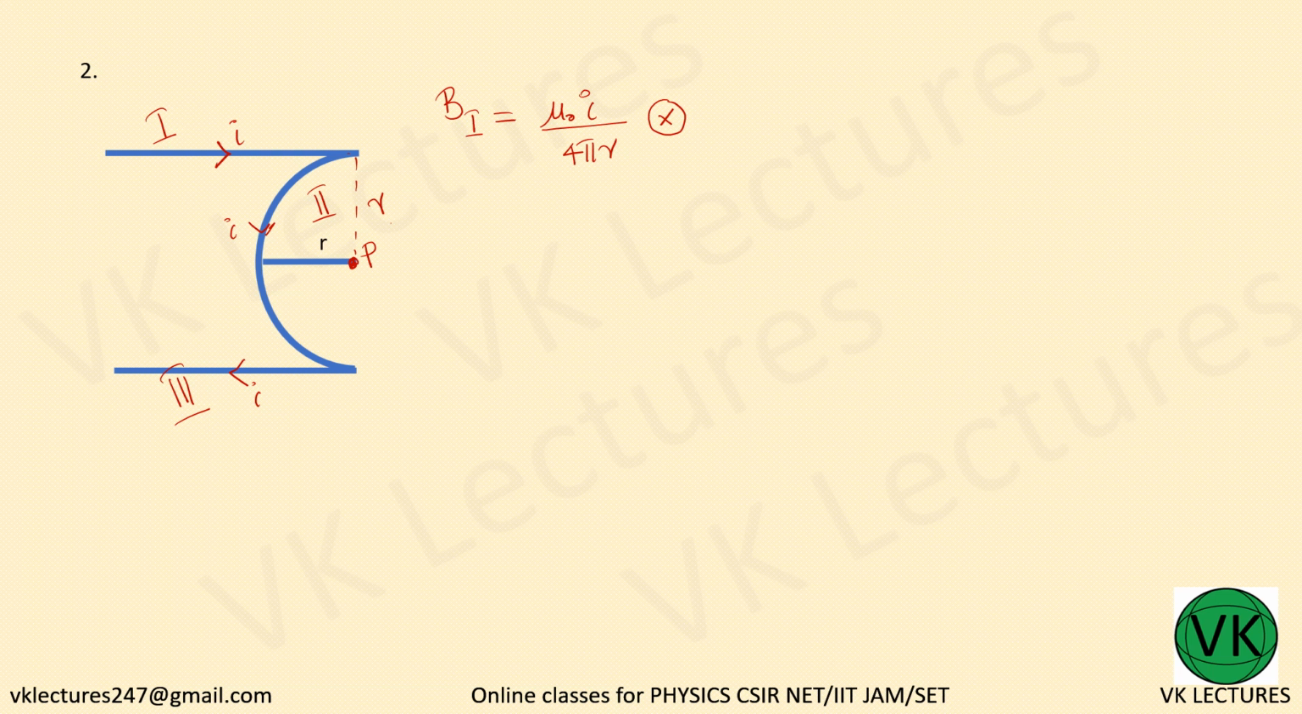And coming to the third position again, third part, B third will be equal to, it is also similar condition here. So mu 0 I divided by 4 pi r, here also 4 pi r, and the direction we need to consider. So this is the direction of the magnetic current here, in this direction. So P,